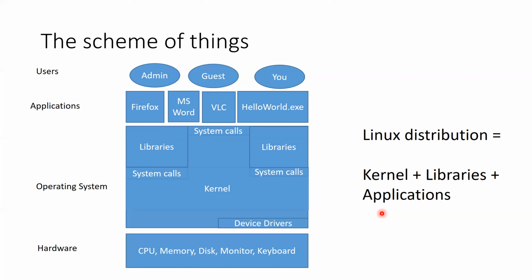Browsers would be different in different distributions. You have window managers or display systems that are different in different distributions. But although the facade, the front that you see, the applications, are different,